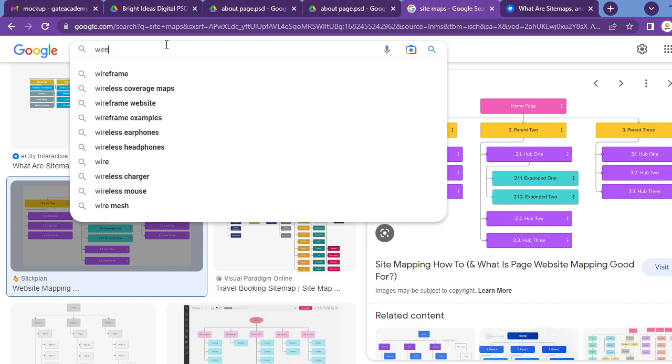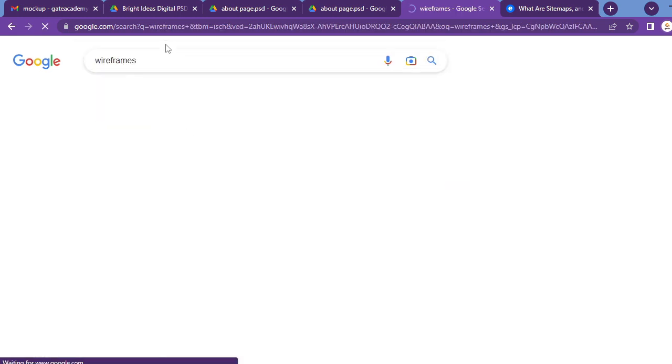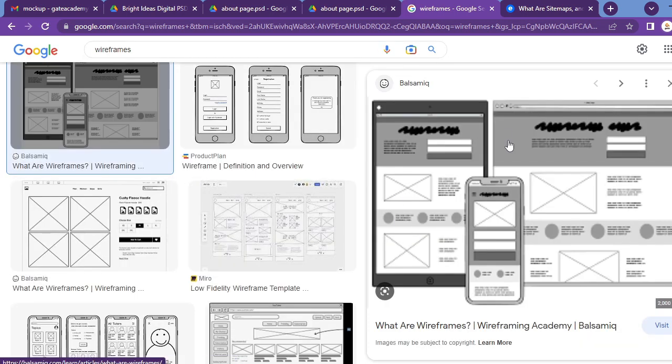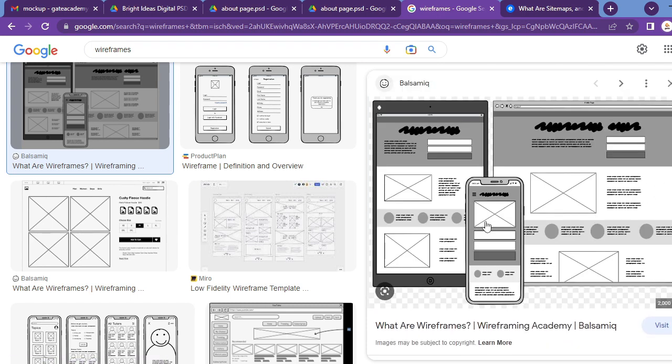And if we go to wireframes as well, you can see this is what the wireframe looks like. Here they have a wireframe where there's a heading, there's a text, and maybe there's a form here that collects information, an image, some text, and some circles around there. So when someone looks at this, they have an idea: okay, this is what the website is going to look like. And when you're building the mock-up now, you simply need to actually put the real assets there,